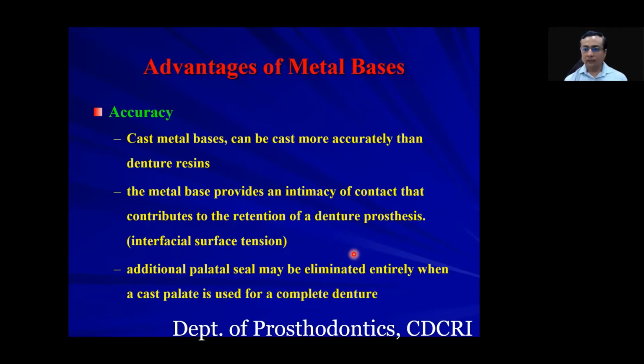Now this is particularly helpful in cases like, for example, oral submucous fibrosis. In oral submucous fibrosis, all of you know the pathology, right? What happens? It is difficult or almost impossible to perform the border molding. So if you have a patient with OSMF, then you can give a metal denture base without performing the border molding and recording the posterior palatal seal area. The denture base in that case will be so accurate that you will get enough retention.